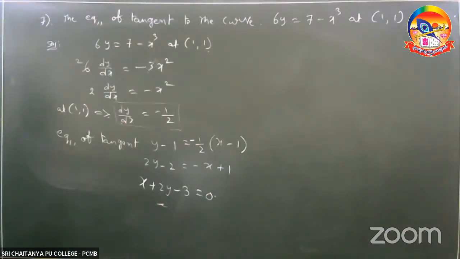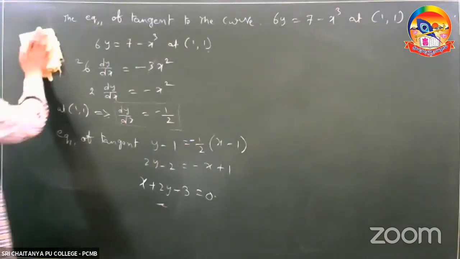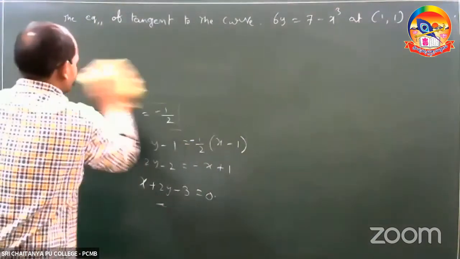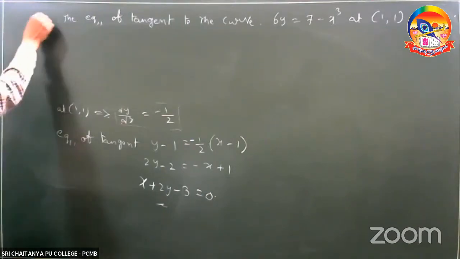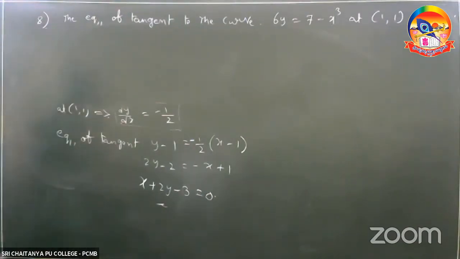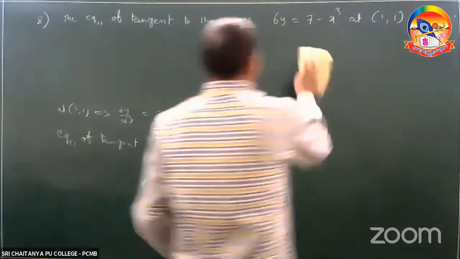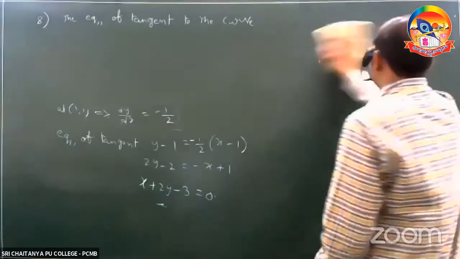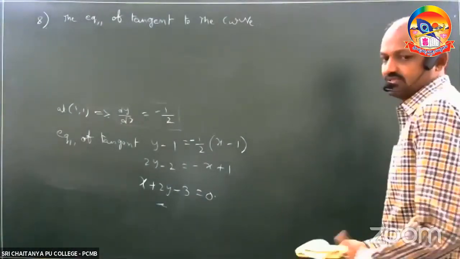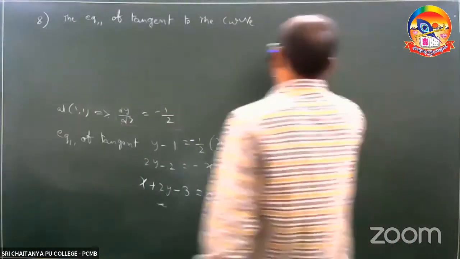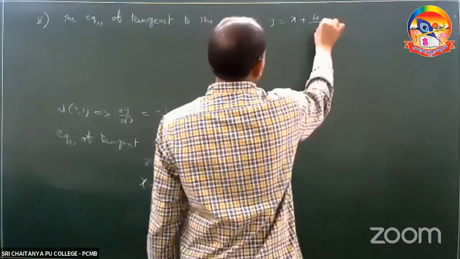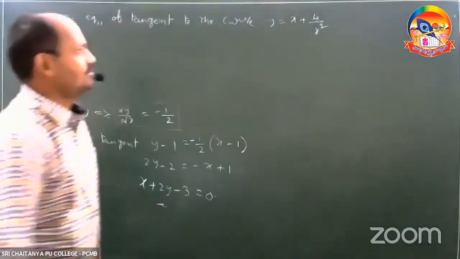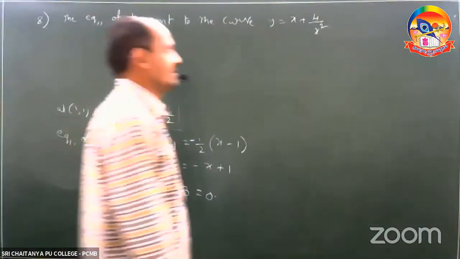Okay, completed. Right, next, eighth question. Equation of tangent to the curve y is equal to x plus 4 by x square